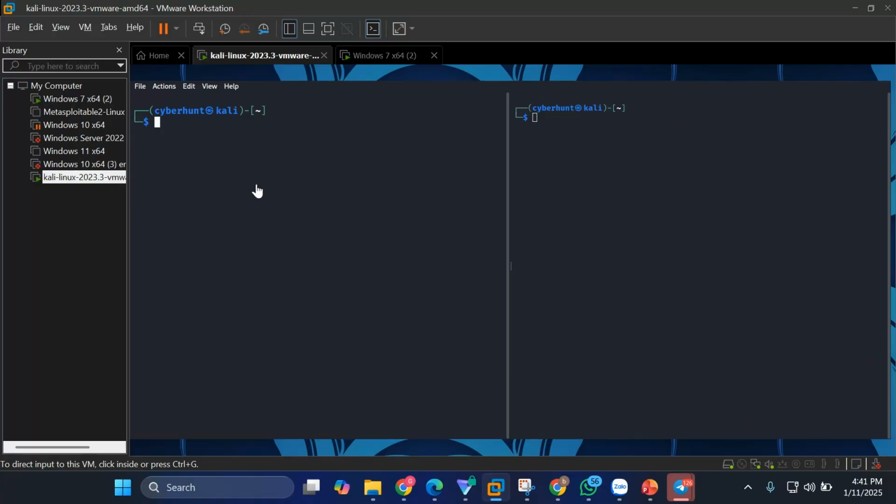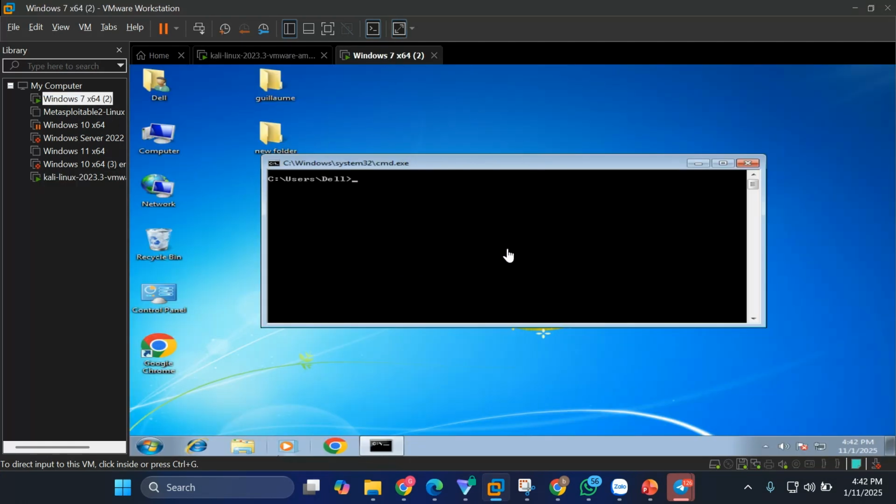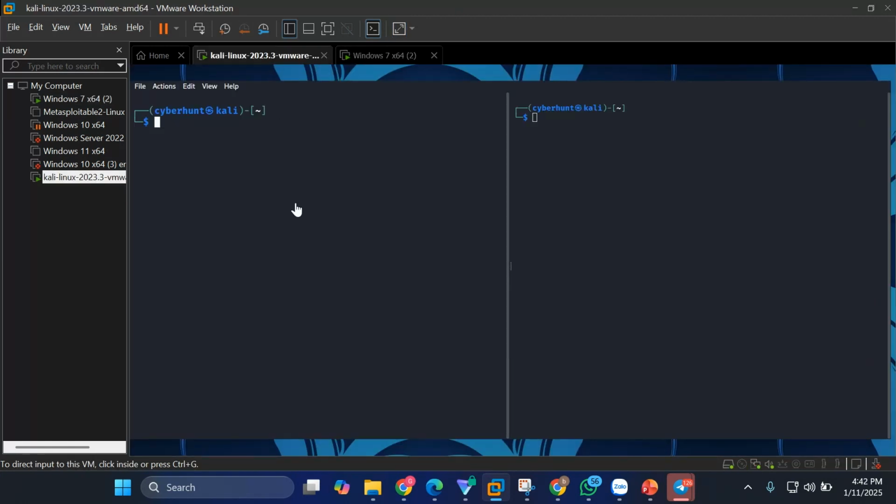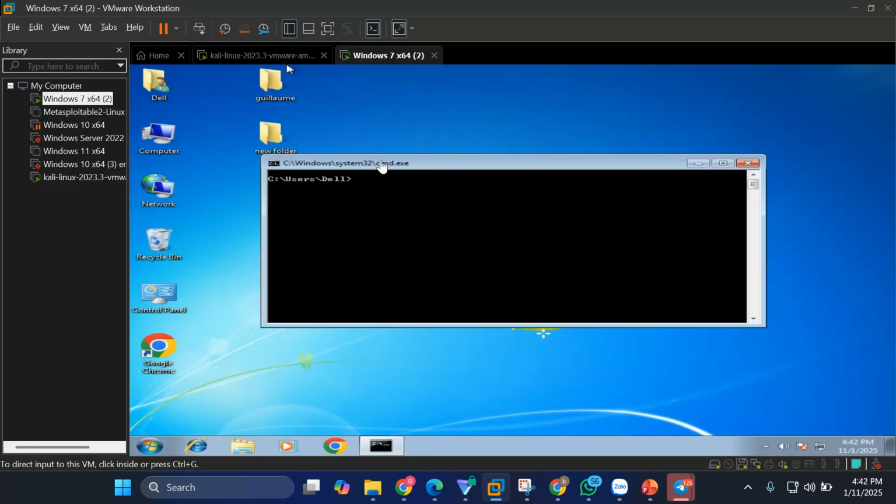Now we want to look at the practical part of this tutorial. The first thing we must note is that we have to look at this operating system here. Our target is that if this Windows operating system is communicating, we are going to be able to intercept traffic in our Kali Linux operating system and see whatever conversation that Windows operating system is having. So what we want to do in this case is trick the Windows